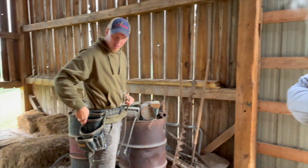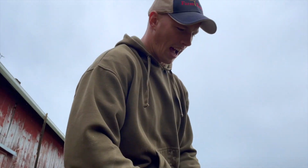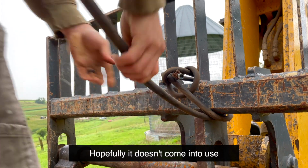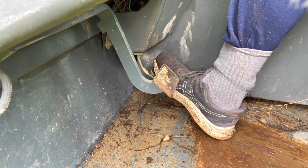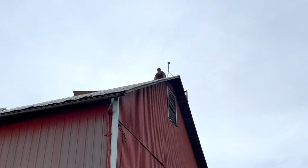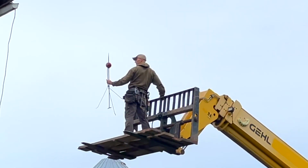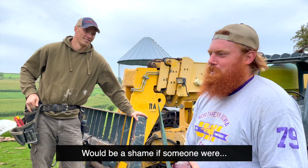OSHA, close your eyes. Don't watch. 0 days since our last accident. How would you rate your knot tying skills? Awful. Well, hopefully it doesn't come into use, but I think that you'll be okay if it does. Woohoo! Got it. That's a pretty expensive Christmas ornament. Would be a shame if someone were